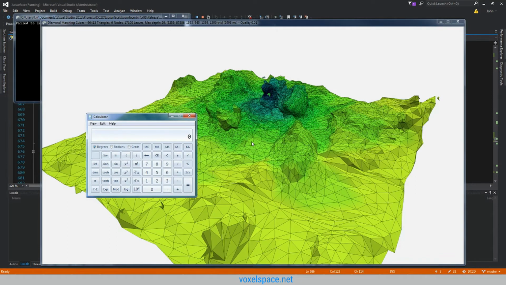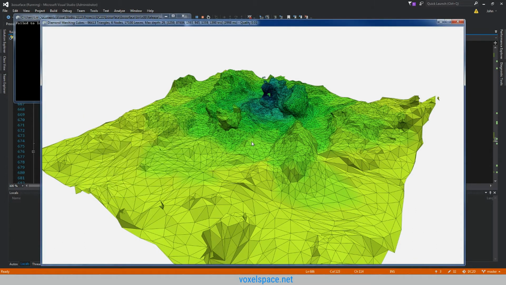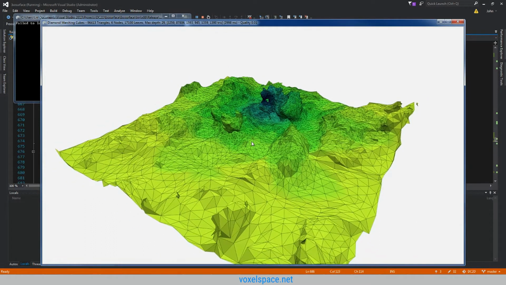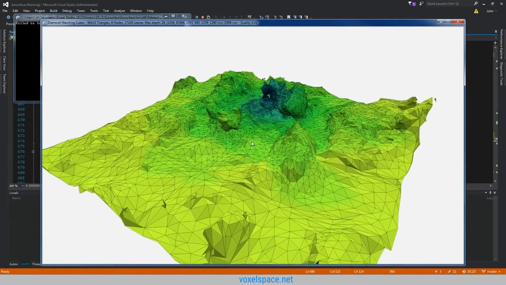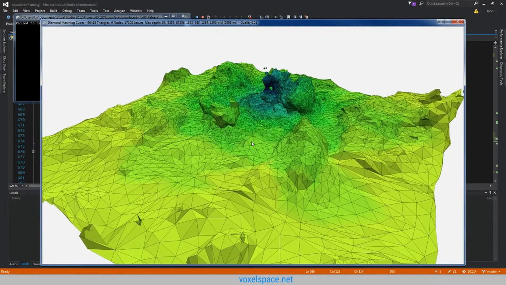Oh yeah, one thing that I forgot to mention is that the size of that mesh was 2 to the power of 18, so that comes out to about 262,000. So that's the size that we were dealing with there. So one other thing that I wanted to bring up regarding the quality is I have considered and would like